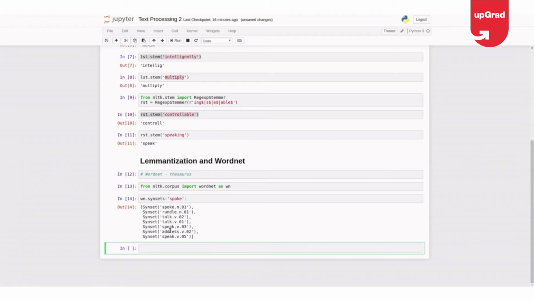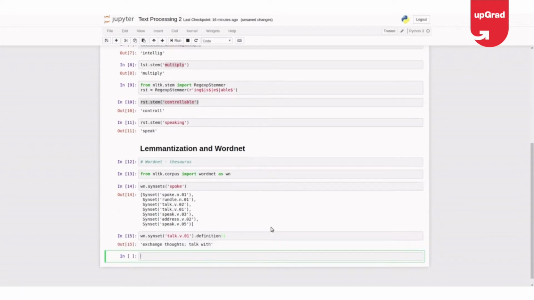So there are different synsets. If I say wordnet.synset of, suppose I take a similar word from here, maybe talk.v.01, and if I ask for the definition of it, the meaning of this word is exchange thoughts, talk with. Maybe what's the difference with 0.02?